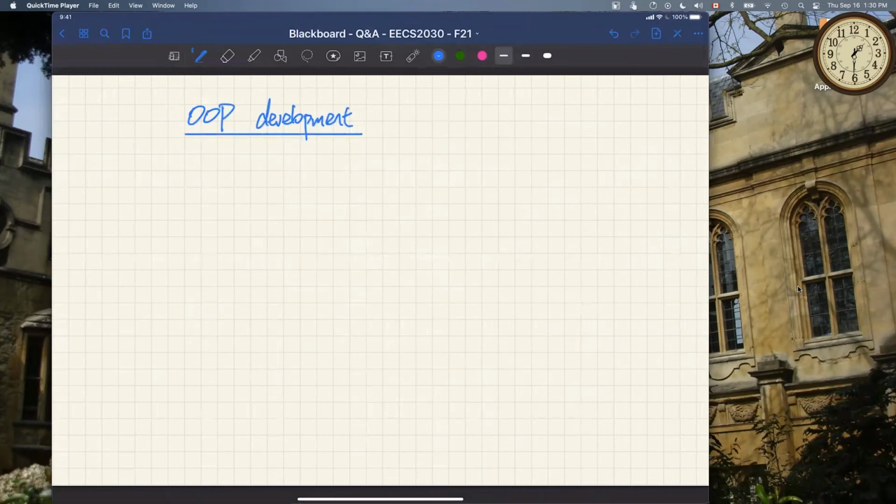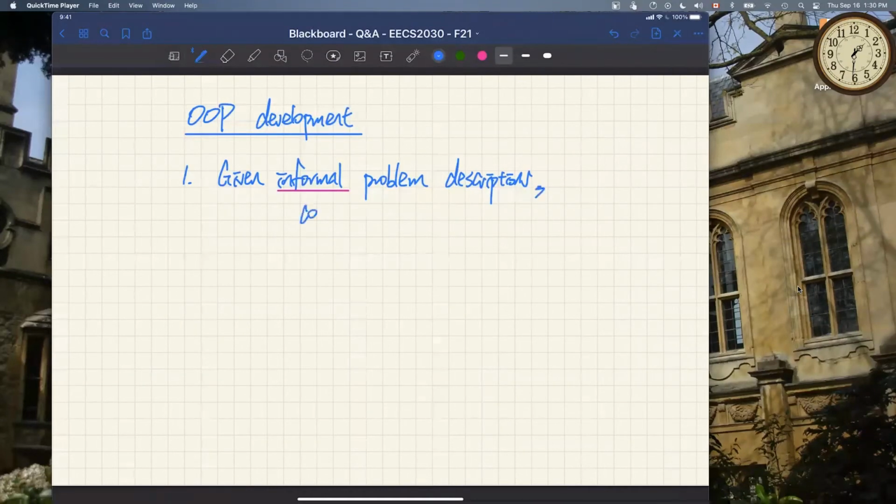Approach number one, given informal problem description. I'll talk about what I meant by informal. The informal here is really the key. Given informal problem descriptions,